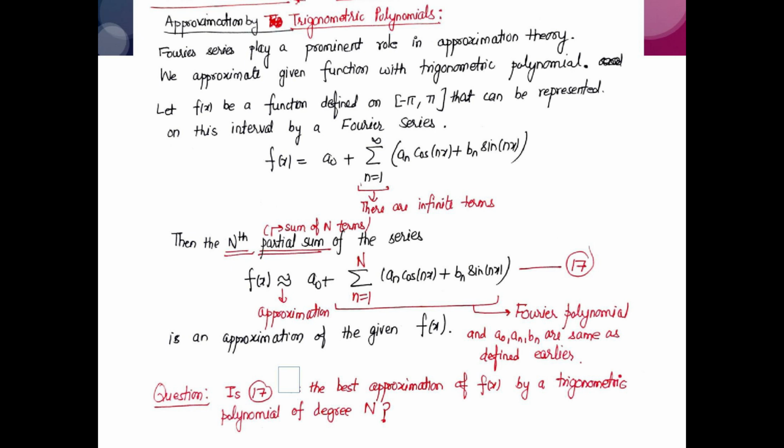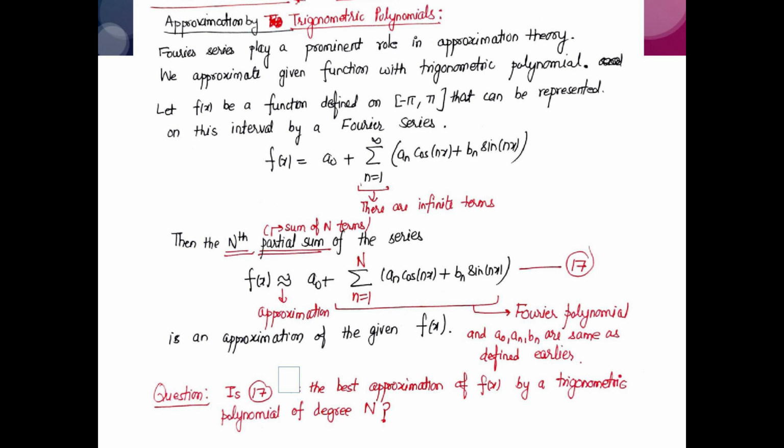So let's start with the function f of x, which is periodic with period 2 pi defined on the interval minus pi to pi. We can write its Fourier series as f of x is equal to a0 plus summation over n 1 to infinity an cos nx plus bn sin nx. If we see this expression, the number of terms in the summation is n from 1 to infinity. So rather than working with this infinite series, if we take finitely many terms, we call that the nth partial sum, means sum of